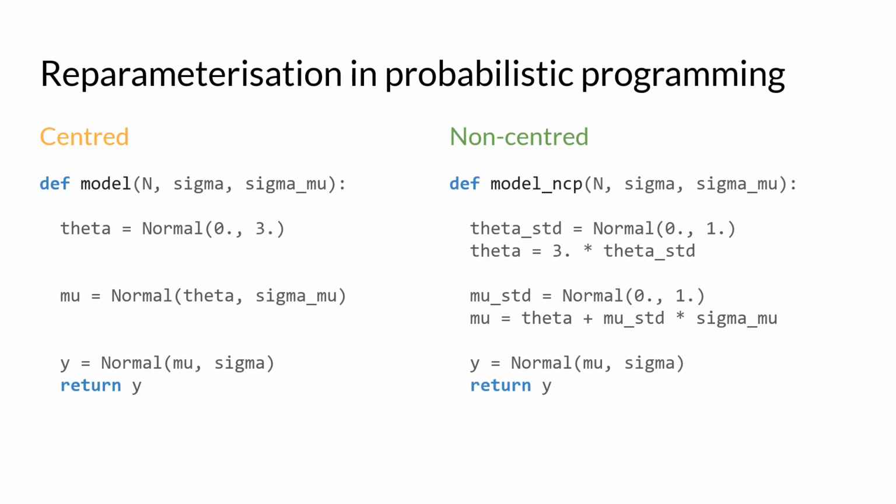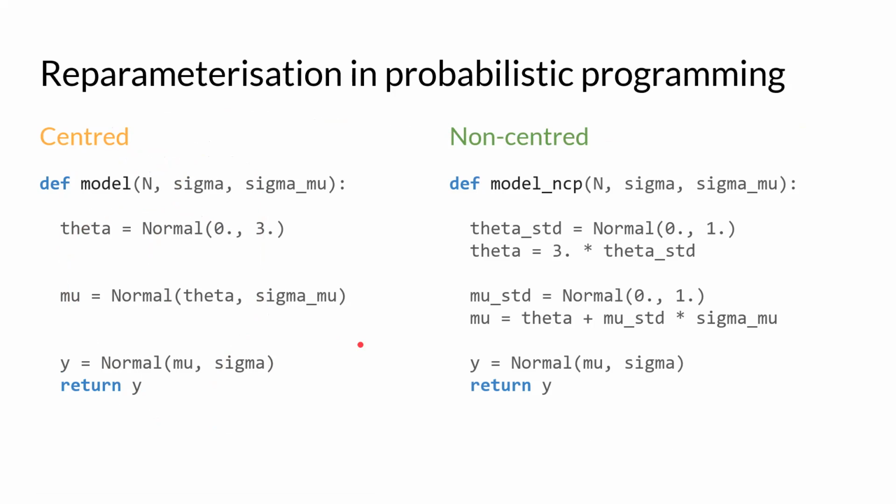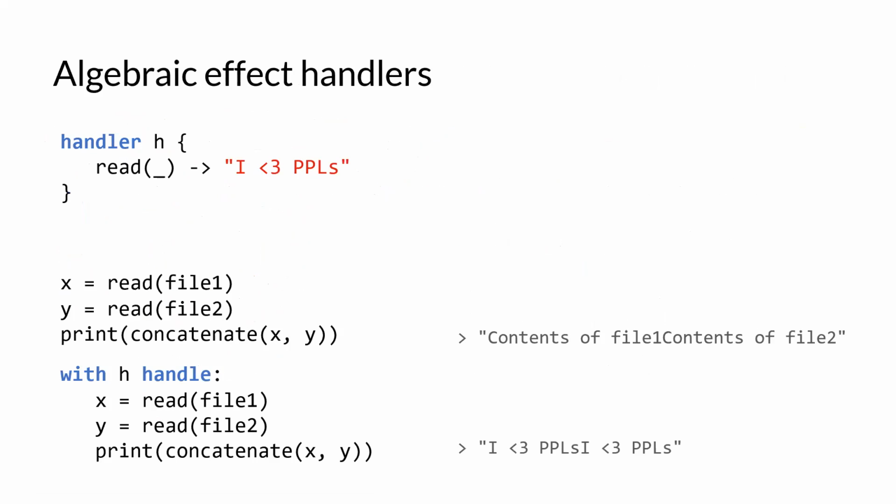Okay, so now basically what we want to do is take this kind of program, because this is more intuitive to write, right? So we're going to assume that the user is going to write a centered model. And we want to take this centered model and transform it automatically to a non-centered model, or at least on demand, like when prompted by the user. And one way of doing this, especially in an effect handler-based probabilistic programming language like Edward 2, is using effect handlers. So what is an effect handler?